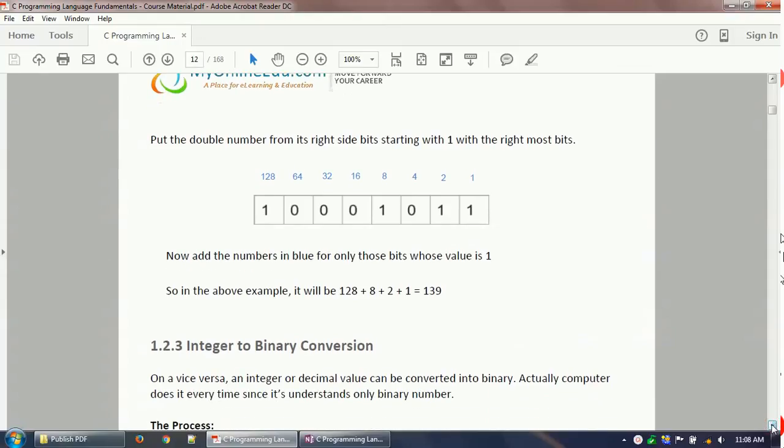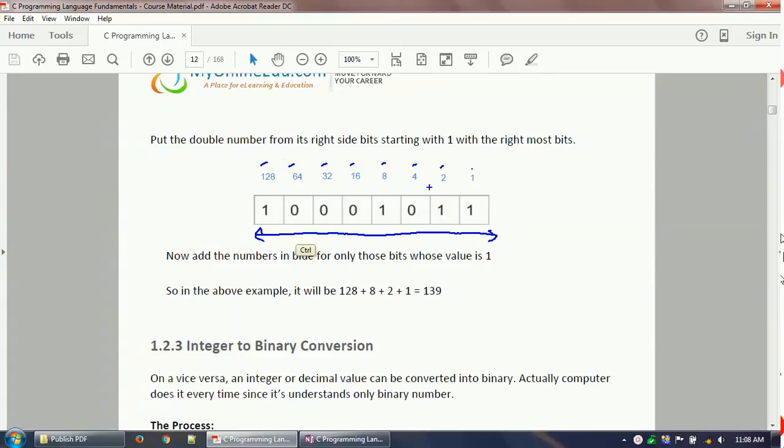What you can do is you can write down the number like this, and then from the rightmost bit you can start putting 1, then 2, then 4, then 8, 16, 32, 64,